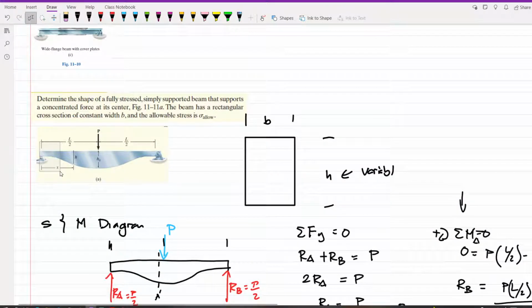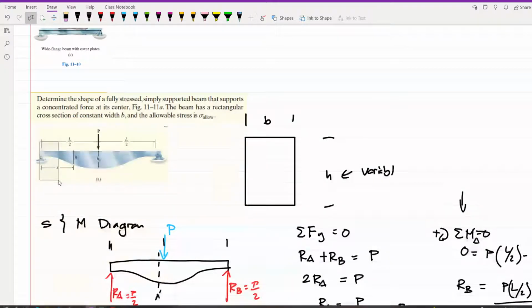So, kunyari dito tayo tumingin. Putol tayo dito. Pag nagputol tayo dito sa point na to, at this point of X, may height siya. May height siya na kung ano mang height, H. At this point of X, may H. At this point of X, may H. So, parang isipin mo lang na parang